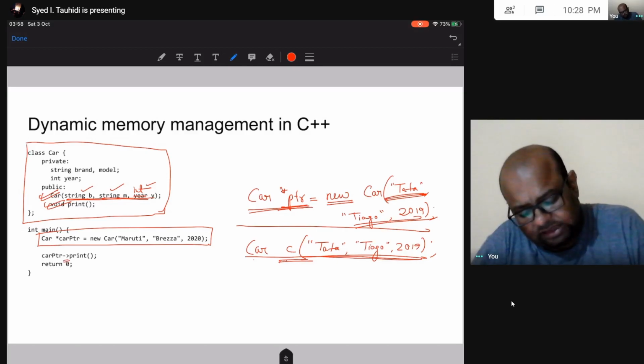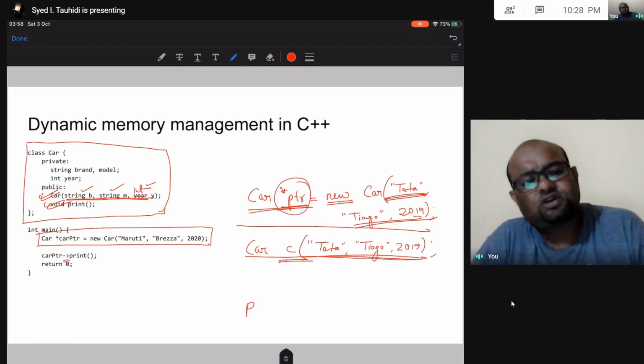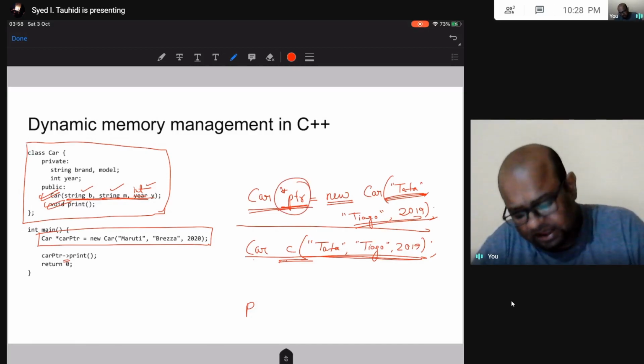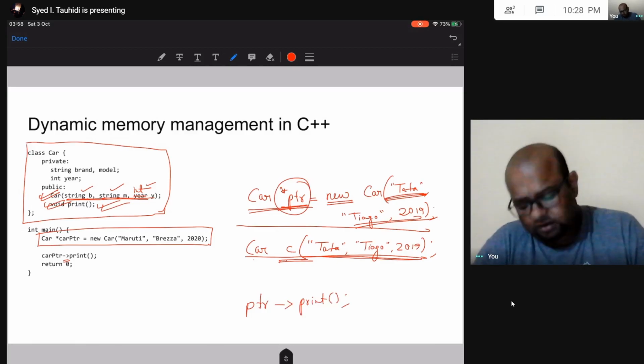If this is my pointer pointing to this object of class car, to execute this print function I will write ptr arrow print, right?